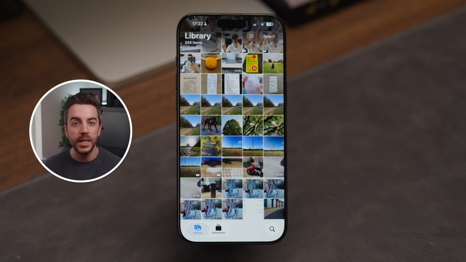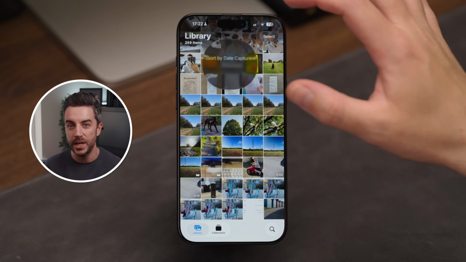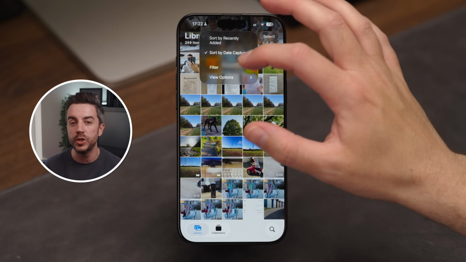In iOS 26, Apple have finally added a way to deal with this. In the Photos app, you can now use the filter options to hide screenshots from your main Photos feed entirely. They're not deleted, they're just tucked away so they're not cluttering things up. Open Photos, tap the filter button at the top of the screen, choose View Options and tap on Screenshots to